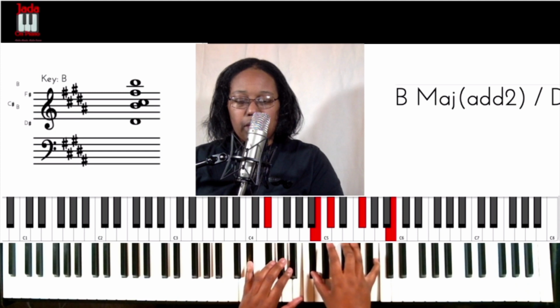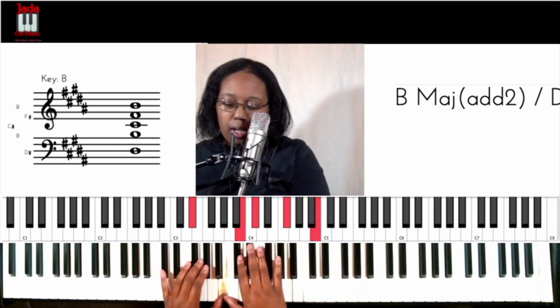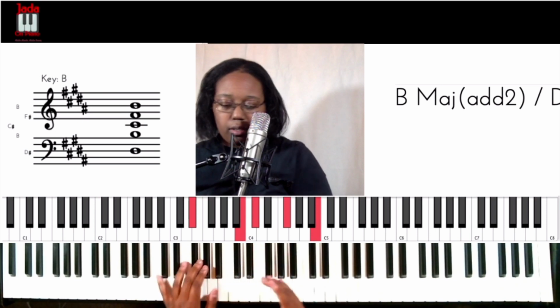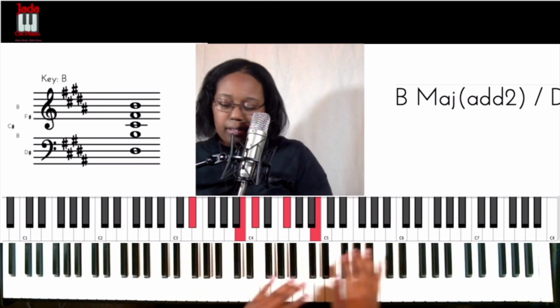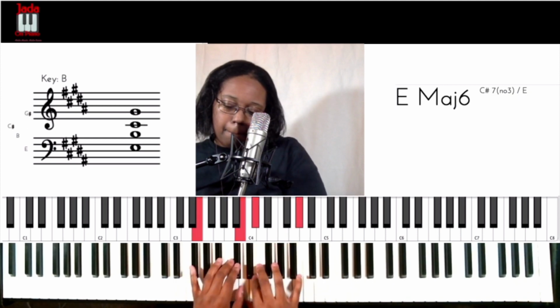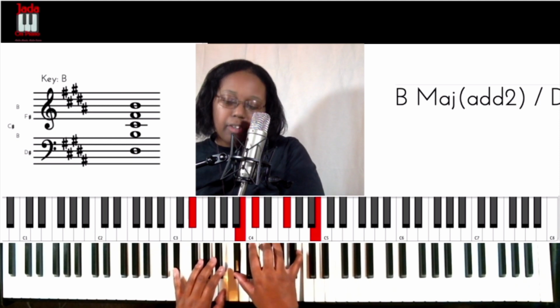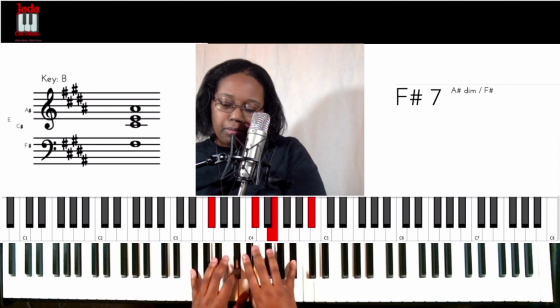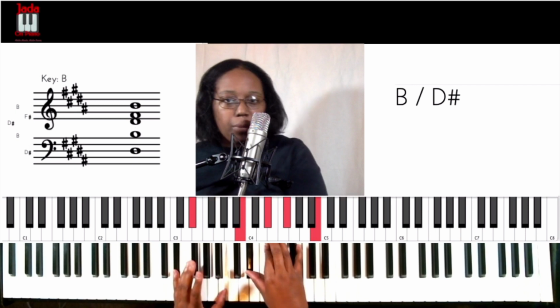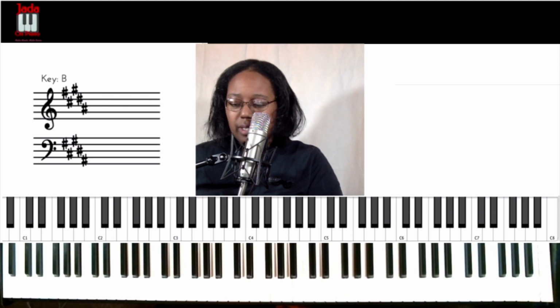Leaving it there so you can see it. That one has a nice feel. I can play that down here too. I was just up high because that just happened to be where I was. See, I can do it right there too. So those are some drop 2s, and then we also talked about that rootless voicing last week, because sometimes